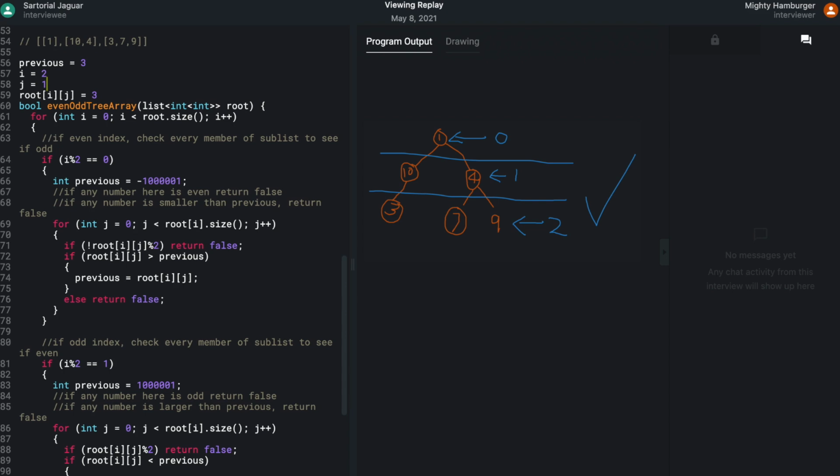Root ij is now 7. 7 modulo 2 is 1. So we're good there. 7 is bigger than 3. Now we change that one to 7. We increment j. j is equal to 2. This guy is equal to 9.